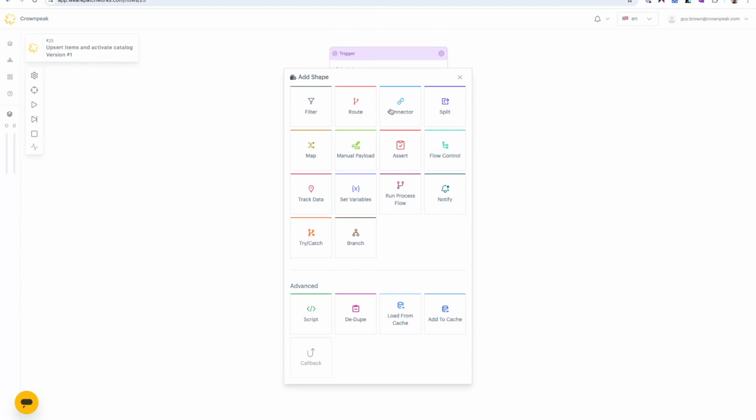So we can pull data from a connector. We can do things like filter the data, route the data, split the data up, use flow control to separate through chunks of data one by one, map different data items together, set variables, run other process flows, and lots more. Using a combination of these shapes, customers will be able to build their data integrations to send data to